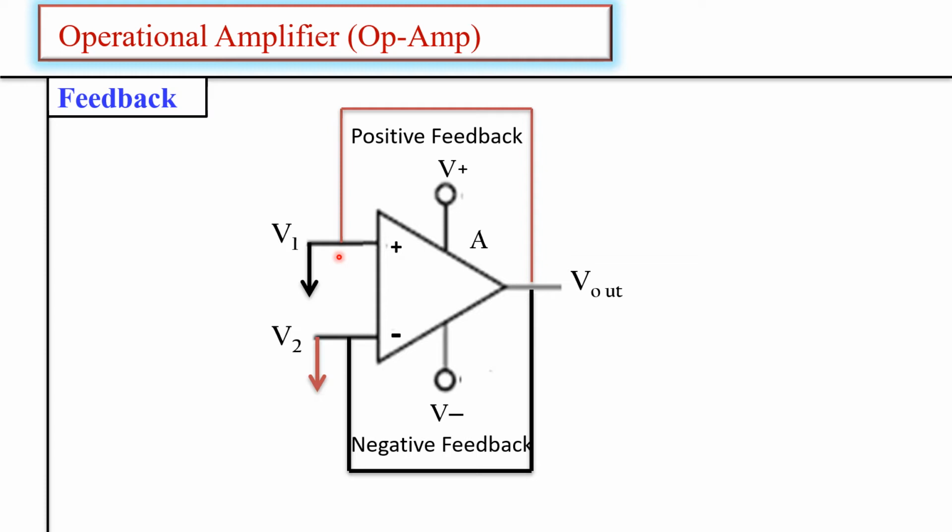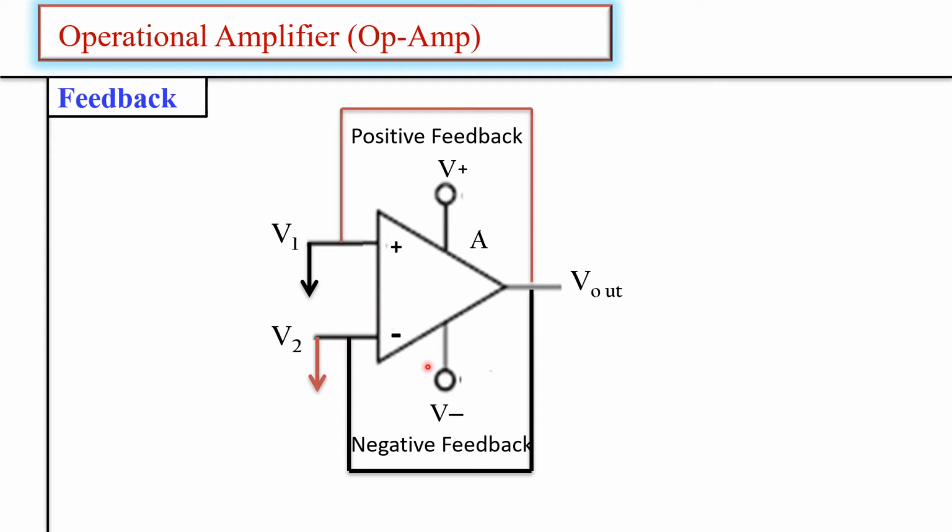Now in any system, using positive feedback leads the system to instability, so we cannot use positive feedback alone. So to control the gain of the op-amp, we need to go for negative feedback. That means we need to feed a fraction of the output to the inverting input terminal, right?